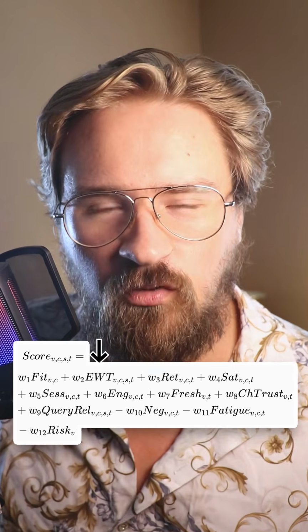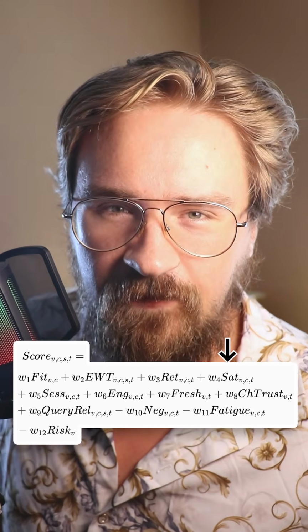Pretty simple, right? Let's break down how YouTube decides to show your video. That's really what we ultimately care about. YouTube uses a scoring system to decide which videos are going to go into which slots. The score is made up of a whole bunch of terms, so I'm going to go through them pretty quickly. You have personalization fit. How closely does a video match a user's interests? How likely is a user to watch a large percentage of the video? What's the quality of your retention of your viewers? Do users leave the video feeling satisfied?